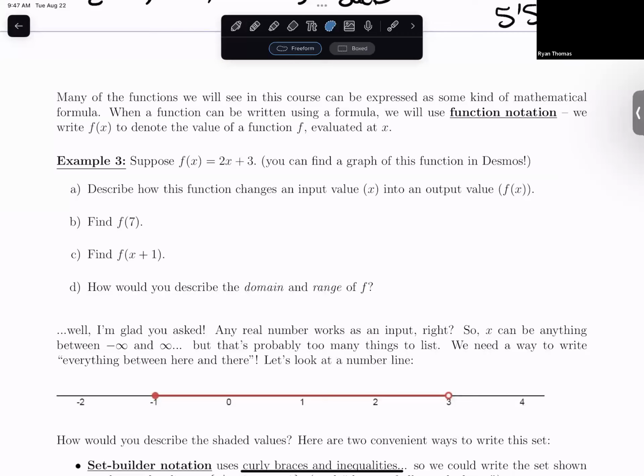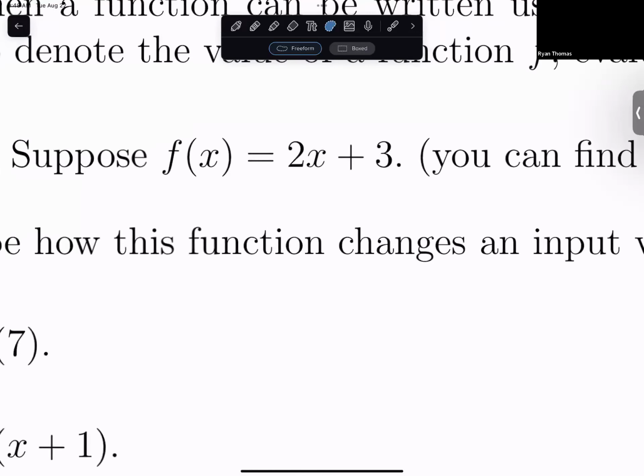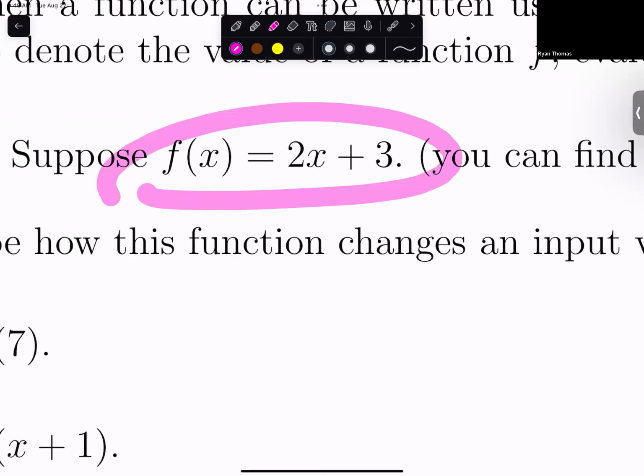So we name it f. These parentheses, well, the x is the input thing, right? It's also called the argument sometimes. It's the symbol that I'm going to use to write it down. Saying f, the way you read these parentheses is "of." f of x means I'm going to write down a function. I'm going to call it f, and the symbol I'm going to use for the input or for the argument is x. So when I write f of x equals 2x plus 3, like I did right here, what